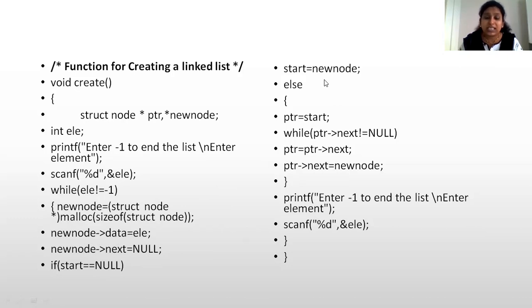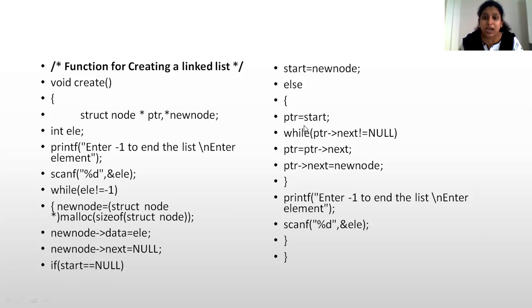Whatever node we create first in this creation, we take that as the starting point, to know that this is your list and we have started from this point onwards, right? From the next time onwards, we will go to this else condition and take up the new node. For the next time your start will not be null. Initially it will be null, but the next time it will be not null. So you will go to the else part.